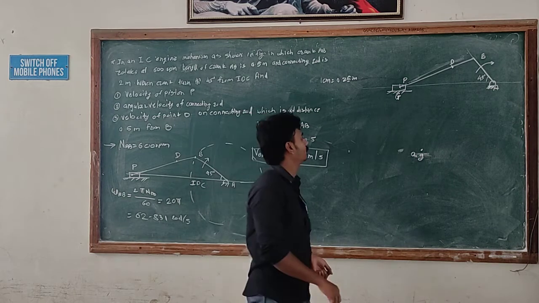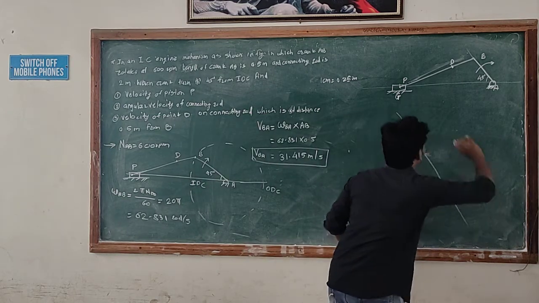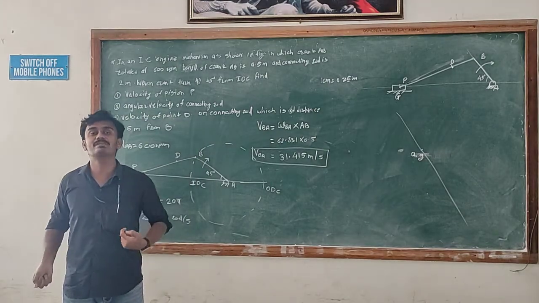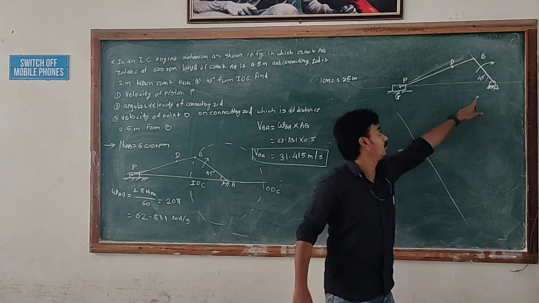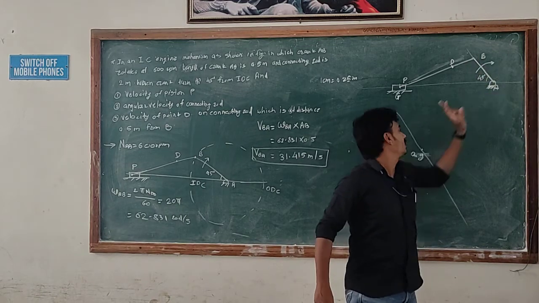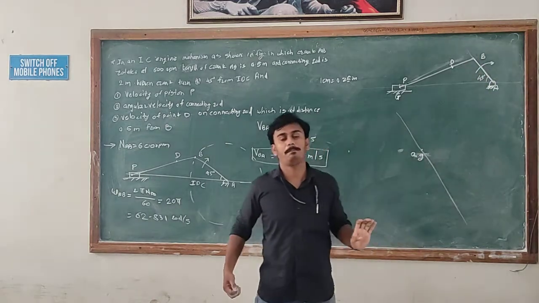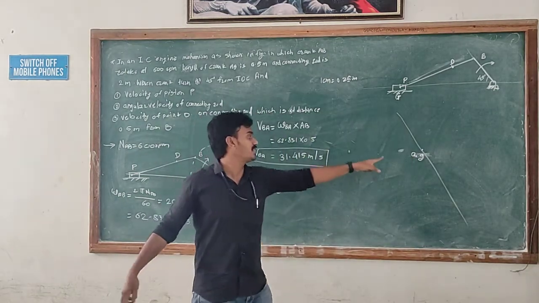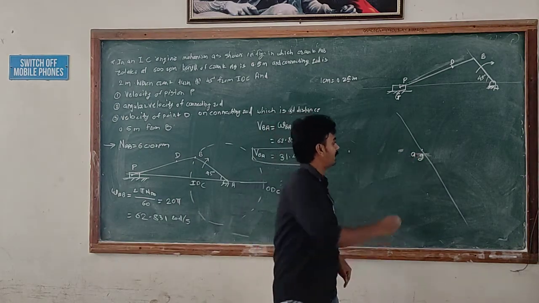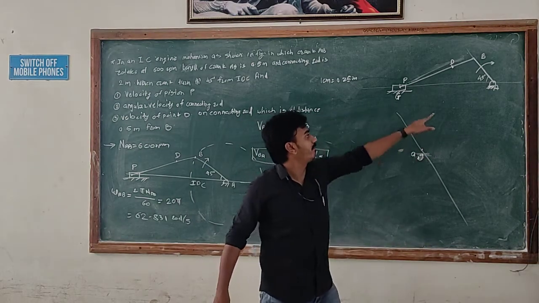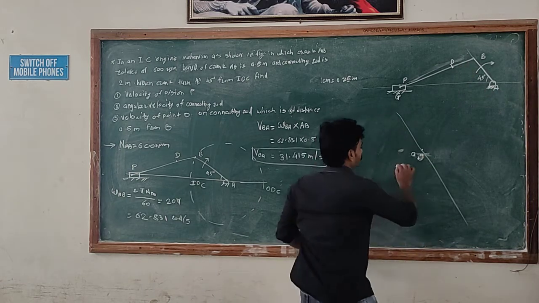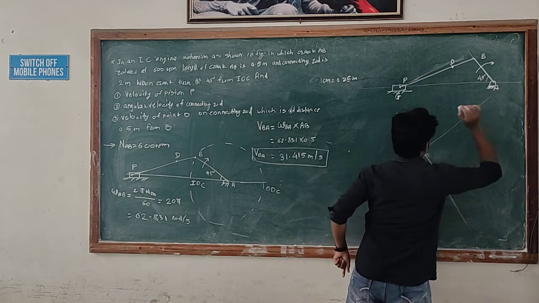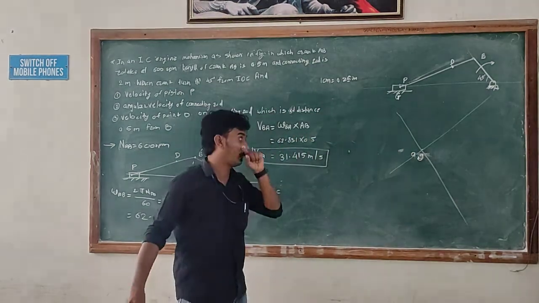This is the parallel line to link AB, and its velocity vector is perpendicular to this link AB. Means the velocity vector of the link AB is perpendicular to this parallel line of AB. Now we will draw one perpendicular line which is passing through the point A and which is perpendicular to AB. Okay, so this is the line.